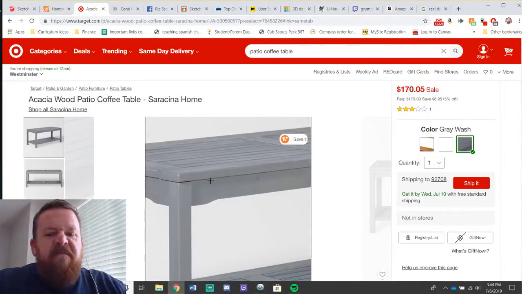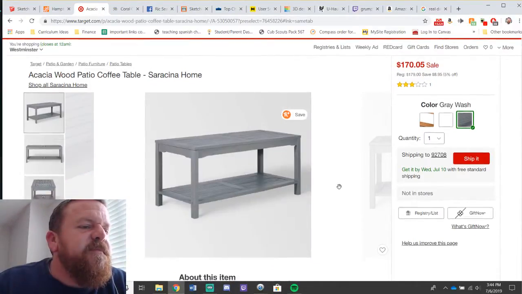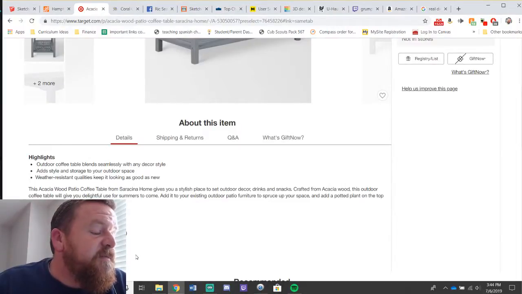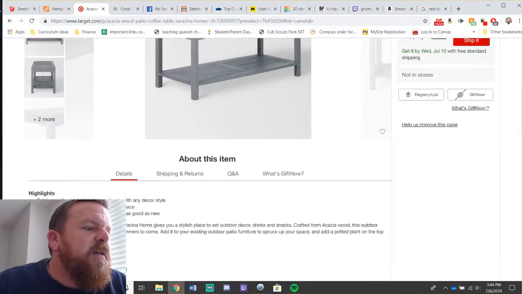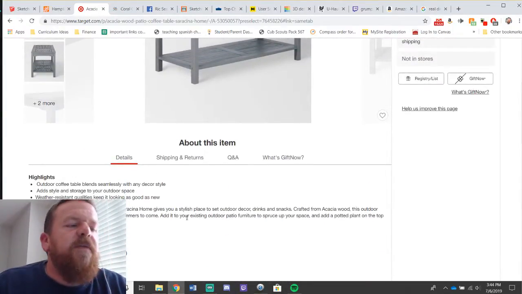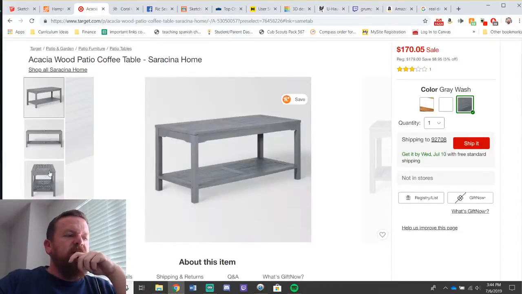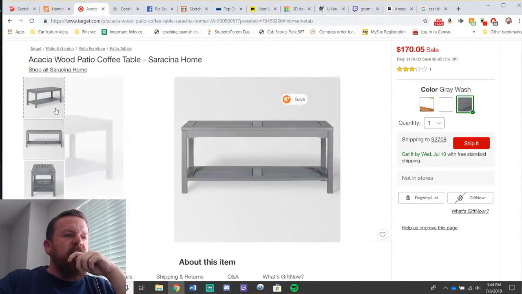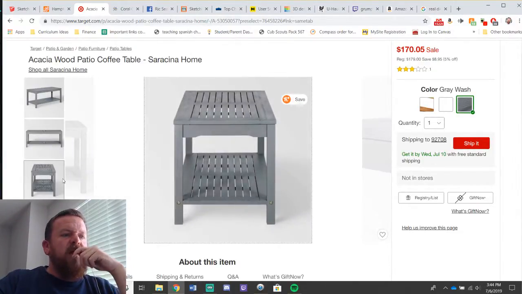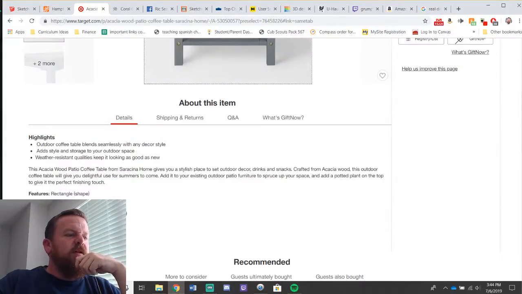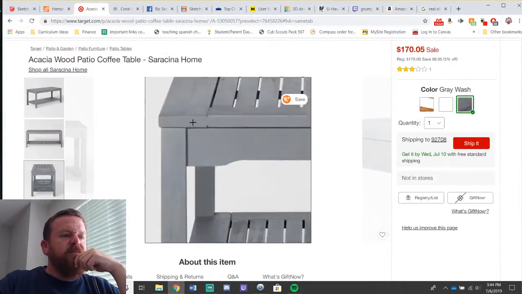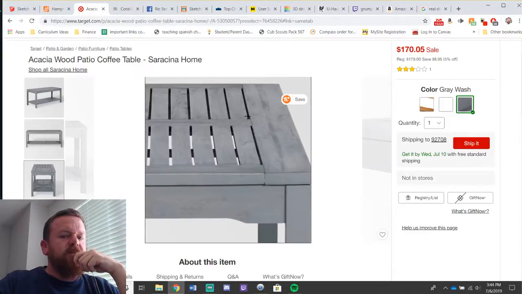Because by the time I was done building this, the amount of time I spent on it. Okay, this is 47 inches long. That looks too tall though.